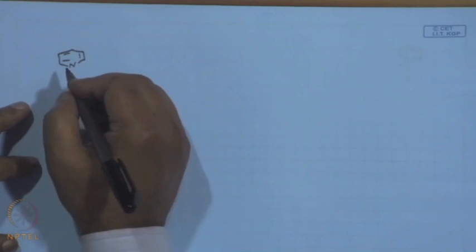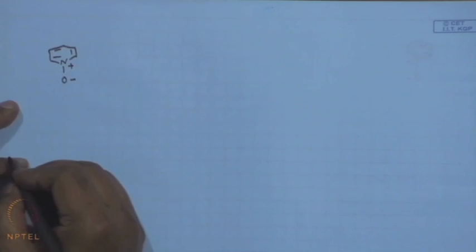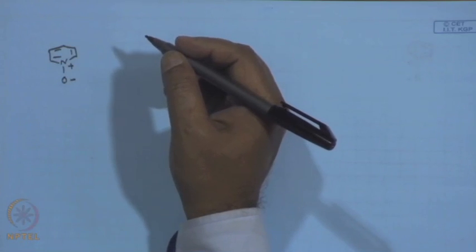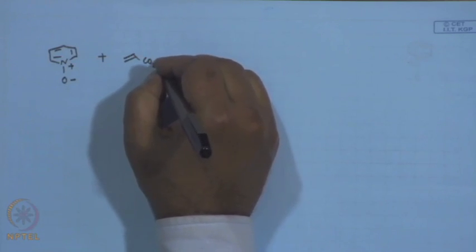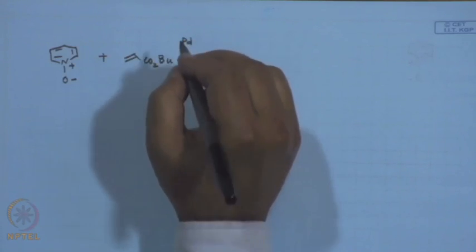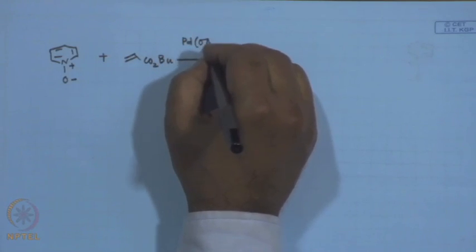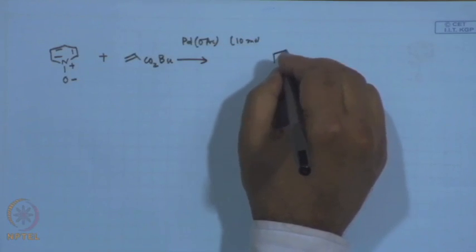So, pyridine N-oxide, all of us know it is more nucleophilic, although we put an oxygen up here and nitrogen here. In terms of nucleophilicity around the ring carbons, it is more nucleophilic, and if it is reacted with these acrylates, now it is a butyl acrylate, and once again the condition here is palladium acetate, 10 mole percent, and what you are likely to get,